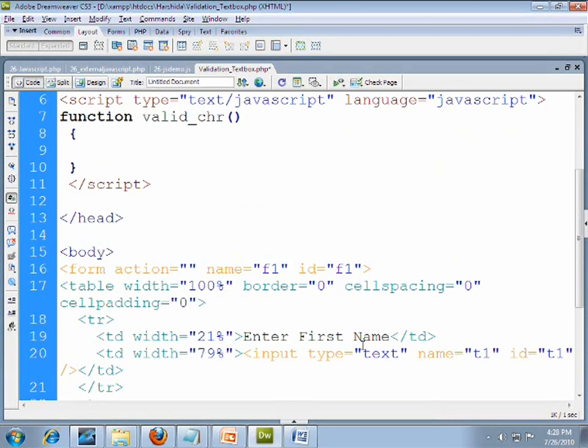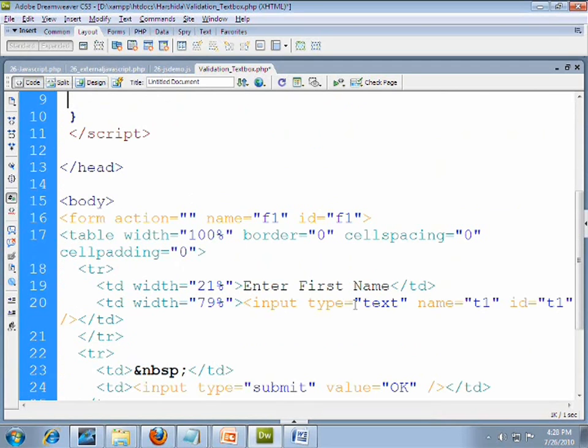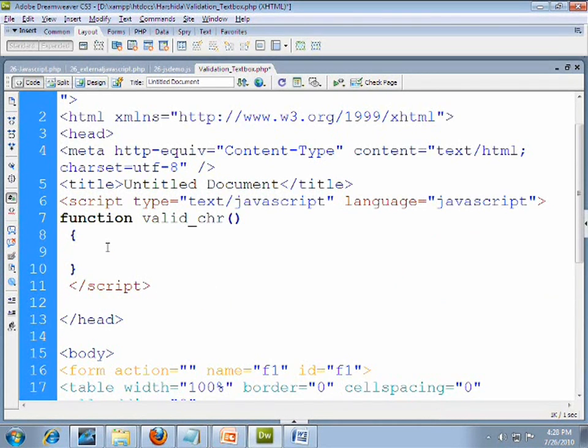My target is that when I click on the OK button and forgot to enter the data in T1, I want to generate the JavaScript alert message. So we write some code like var p1. To declare a variable inside a JavaScript function, we use var p1, which is my variable name.